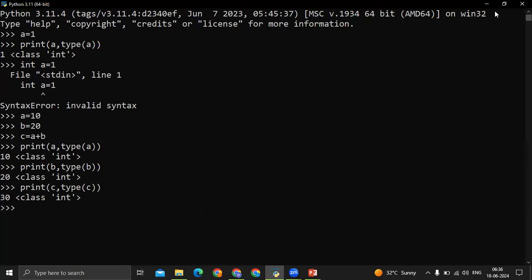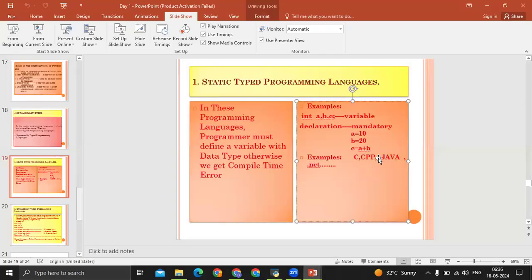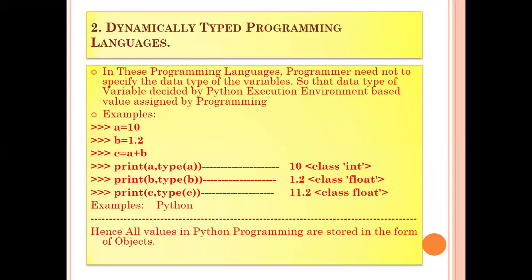Let's proceed with the example. Here, in this programming language, the programmer need not specify the data type of the variable. The data type of the variable is decided by the Python execution environment based on the values assigned by the program. I have given examples here.